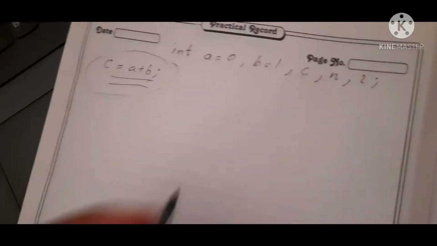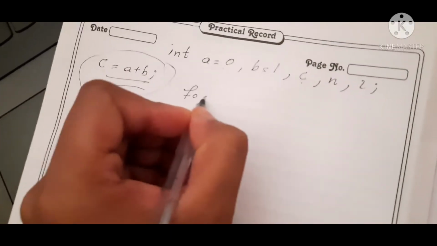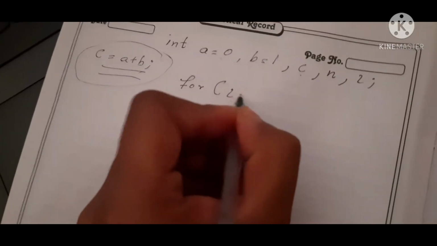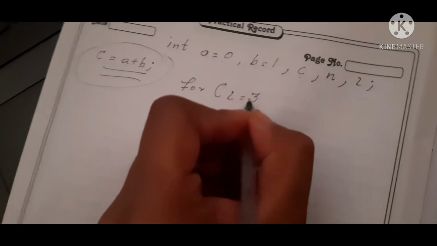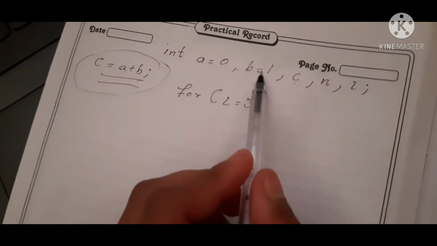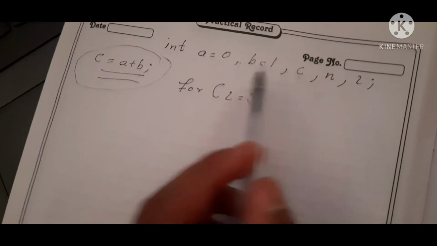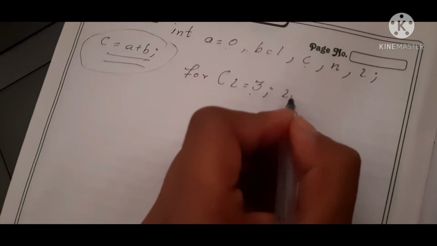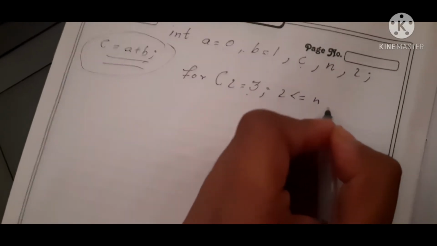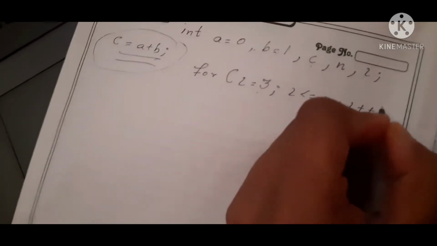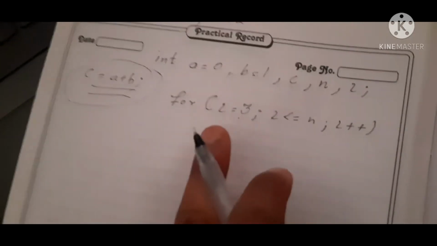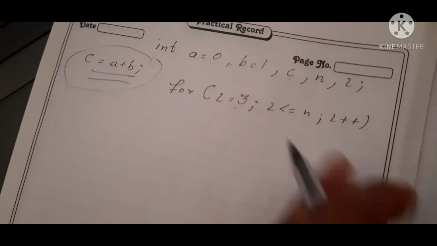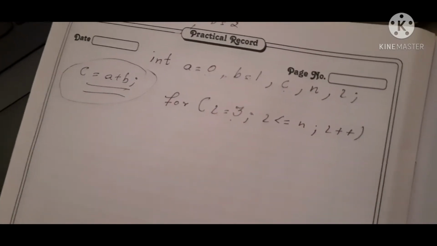So next, starting with the loop, how the loop can be done. The loop starts from the third term. First and second are given, you have to find the third. So for the third I start the loop from 3. After that I is less than or equal to n, and I plus plus. That is given starting from the third term, and whatever value of n we have to print, the loop will run accordingly.